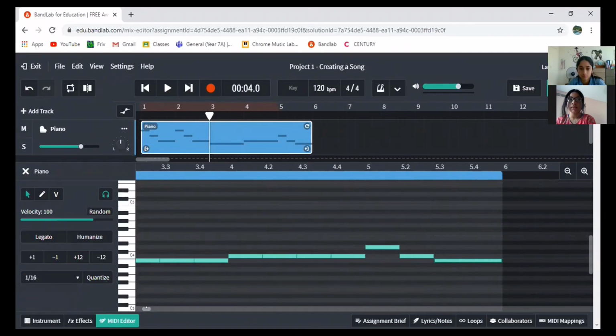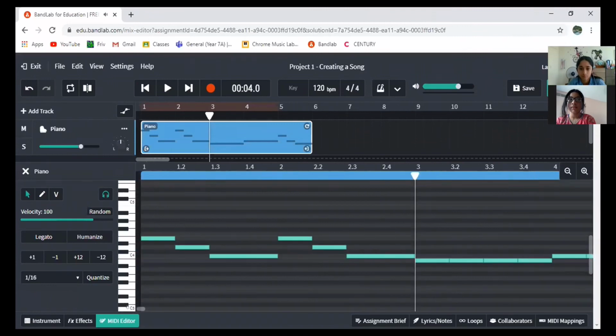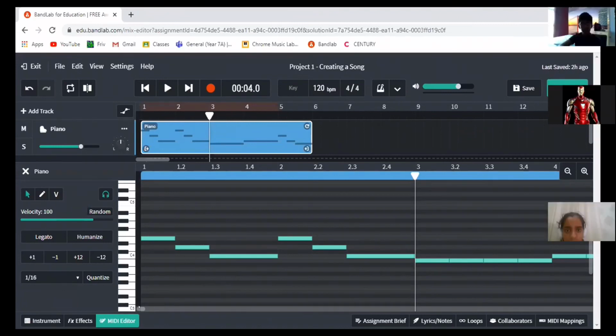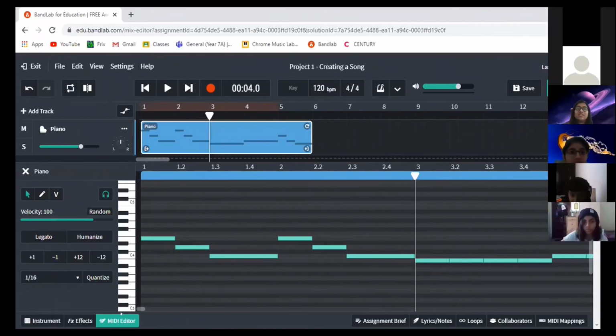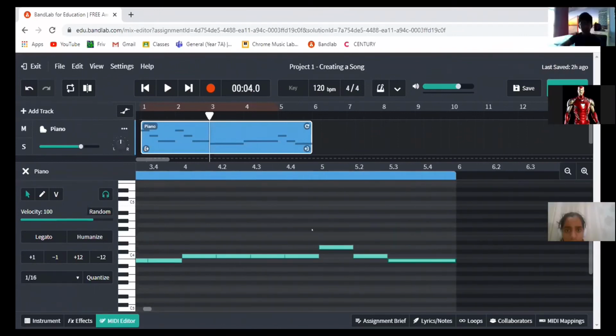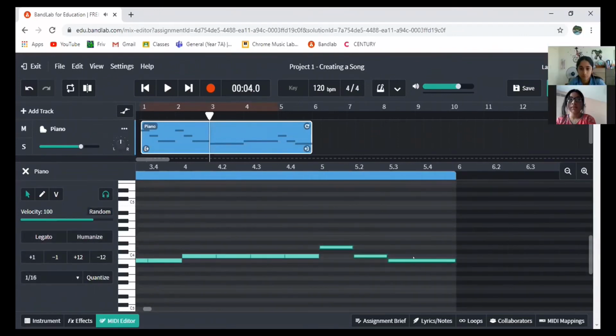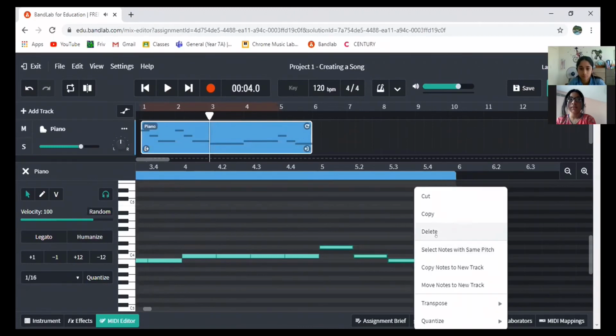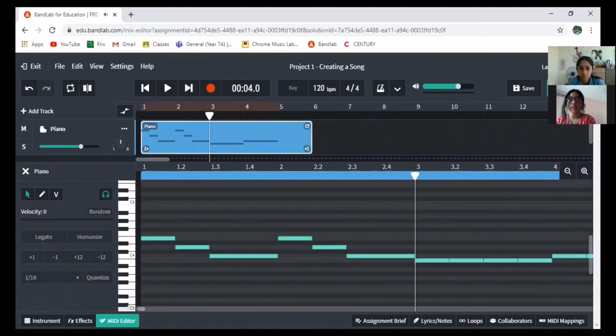Okay, you're too low. Show me the first bar. Your first bar is correct. Just copy the first bar into the last one. Delete bar number 5 and copy paste. Paste.